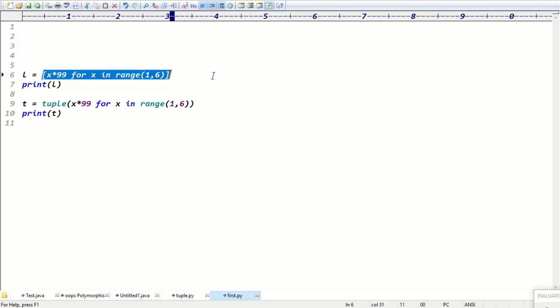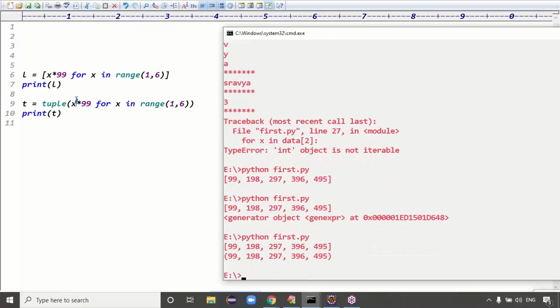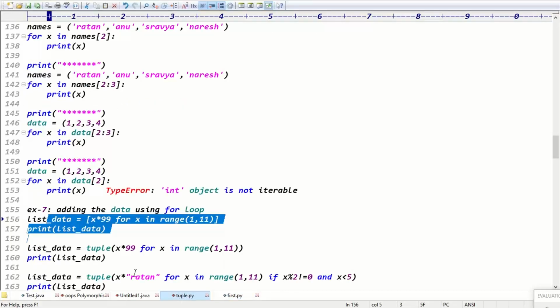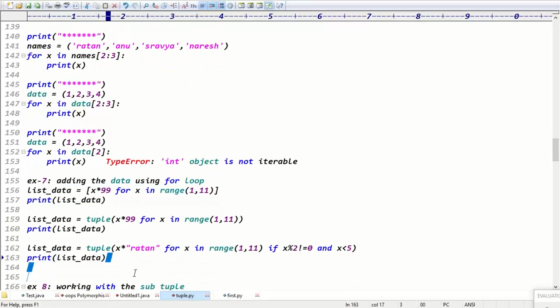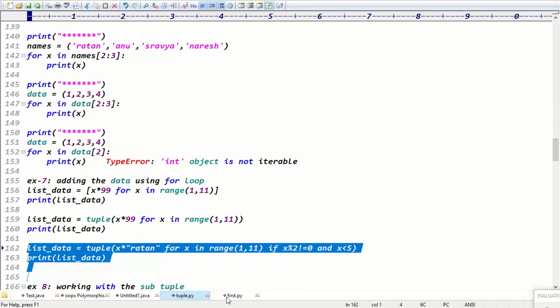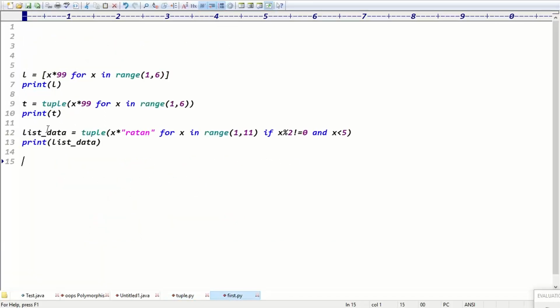But is this called a list or a tuple? This is called a tuple. This is called a tuple, so what happens, guys? You can do type conversion to which format? Tuple format. Once you do type conversion to tuple format, now you can see we are getting the output in which format? Tuple format, right? Guys, are you clear now? Guys, this line, what is the output? Tell me. This is called tuple data, and then I'm printing the tuple data.